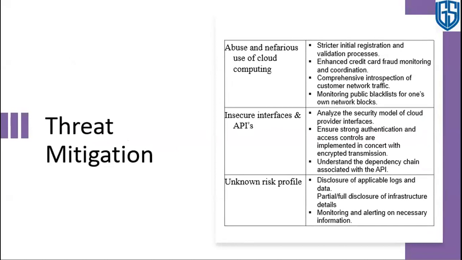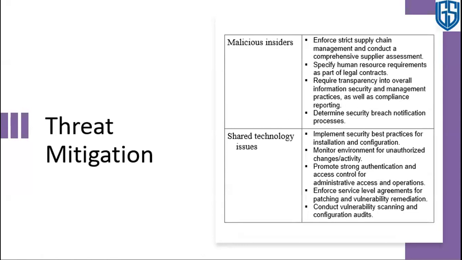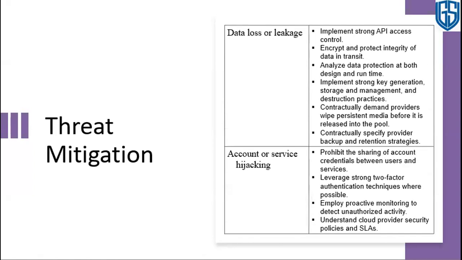Similarly, there are insecure interface APIs. Again, different security models are there in the cloud. We need to analyze which one is to be used, which one is better, and how we use it, and what different encryption levels one should use. These are the different mitigations that we need to use. These are the things that we need to set up as a cloud security person, or admin of the cloud security. These are the things that we need to do.